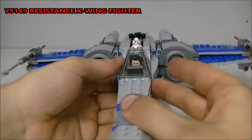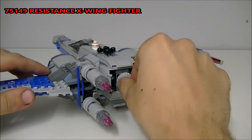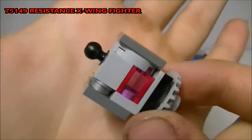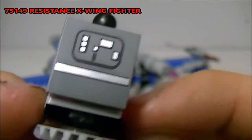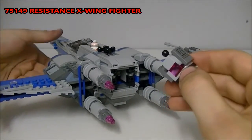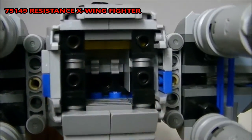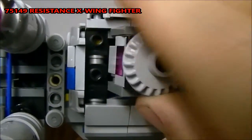So next feature is the back. This little bit here, you can pull that out just like that. I'm not exactly sure what this is. I haven't really done my research for this set, but that is printed on there, as you can see, and very easy and simple to place it back in. If I can pick this up, as you can see, that little bobble bit on the end fits just between them 2 pieces just there. So let's go and pop that back in